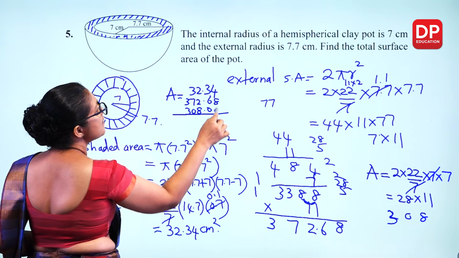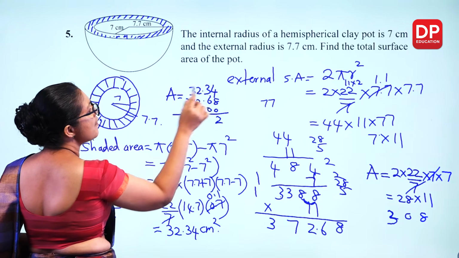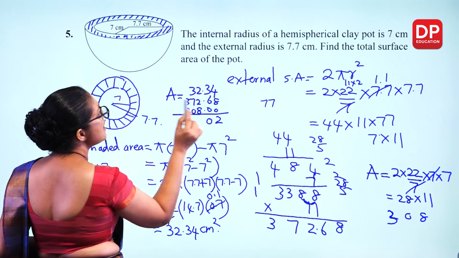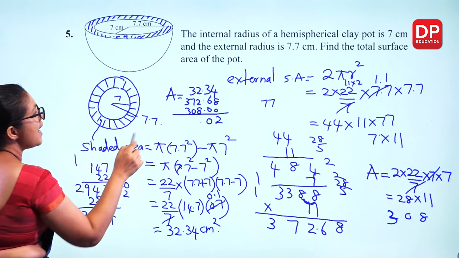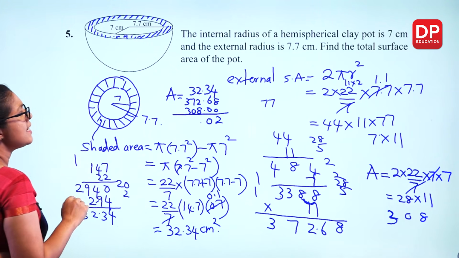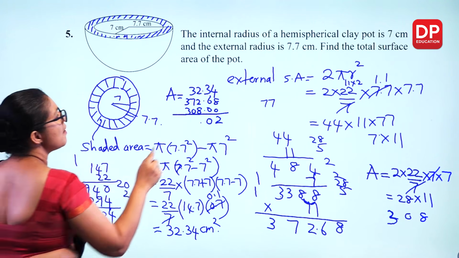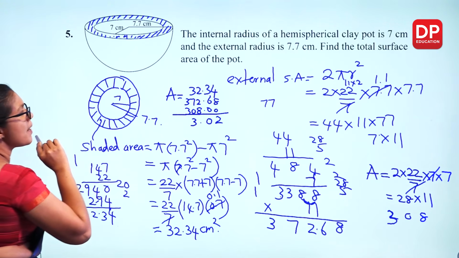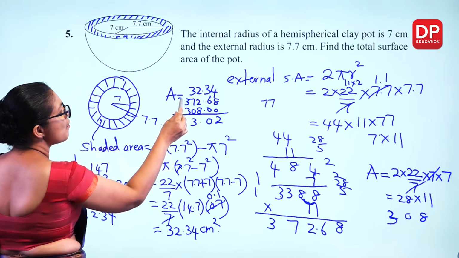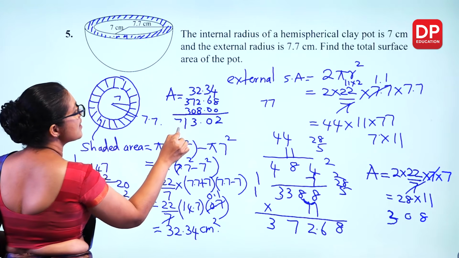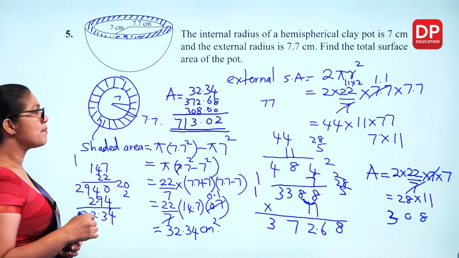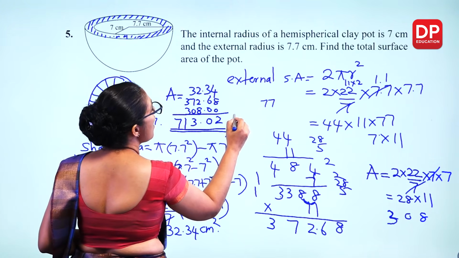When you add it together, you get 8 plus 4, 12, 1 remaining, 6 plus 1, 7, 7 plus 3, 10, 1 remaining, and 8 plus 2, 10. 10 plus 2, 12. Plus 1, 13. 1 remaining. 8 plus 3, 11. And 1 remaining there, 7. So the total surface area of the pot is 713.02 square